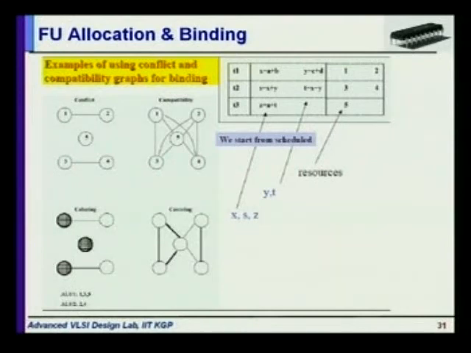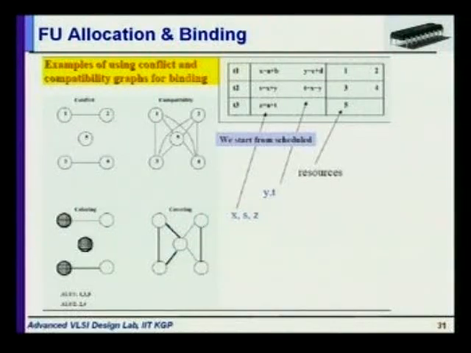Clique means here there is an edge, meaning they can be scheduled in the same time step. So if you can find a clique of 4 nodes, that means they have an edge between any two nodes, they don't have any conflict, so they can be scheduled in the same time step. So this problem can be mapped to the clique partitioning problem. So there are two alternative approaches: you can construct the conflict graph and use the graph coloring algorithm to find the minimum number of resources, function units. Similarly, you can construct the compatibility graph and use the clique partitioning algorithm to do that. Clear?